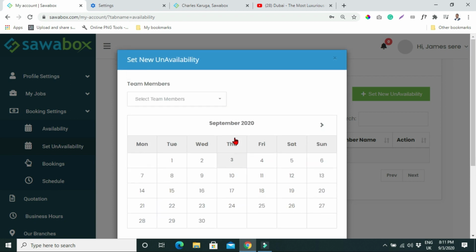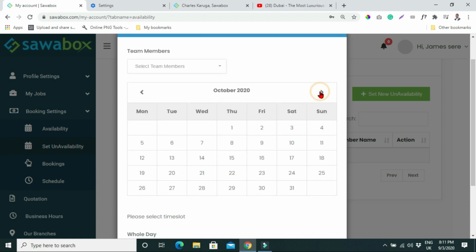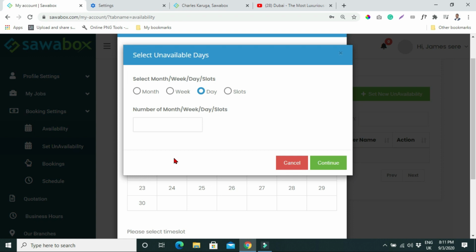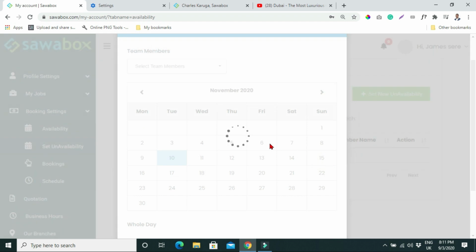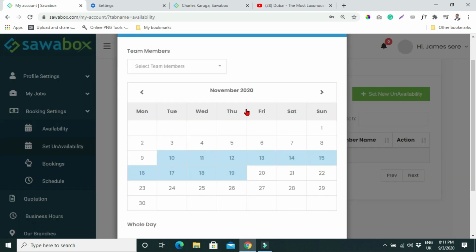So we can say, for example, let's say we won't be available from 10th November for the next, let's say 10 days. So we choose the option for days. So you can say 10 days we won't be available. That is from 10th November this year. So you can click continue. So it will automatically update. So you can see from 10th November all the way to 19th November, these are 10 days,